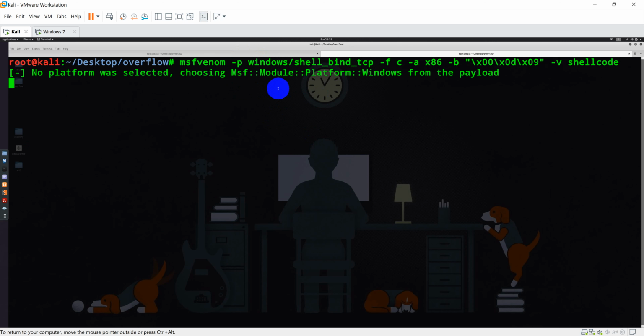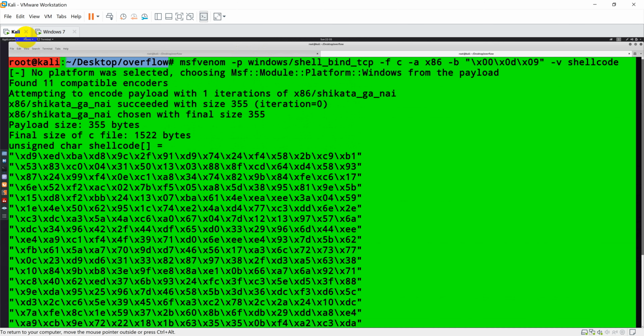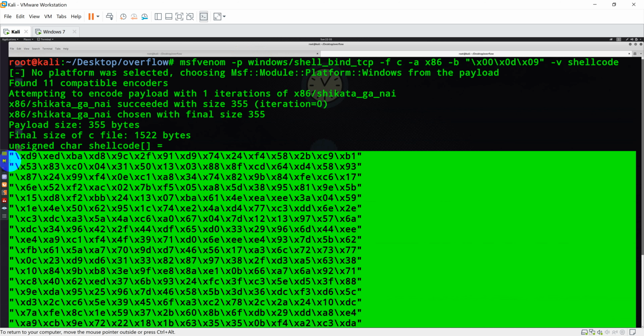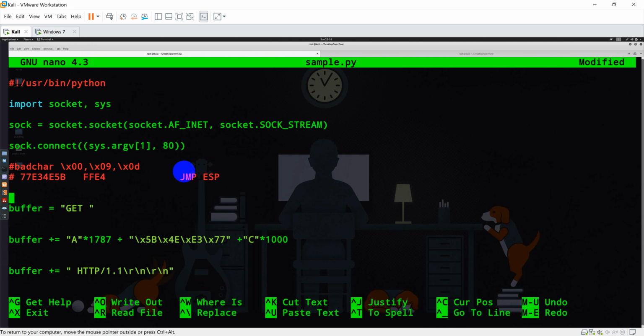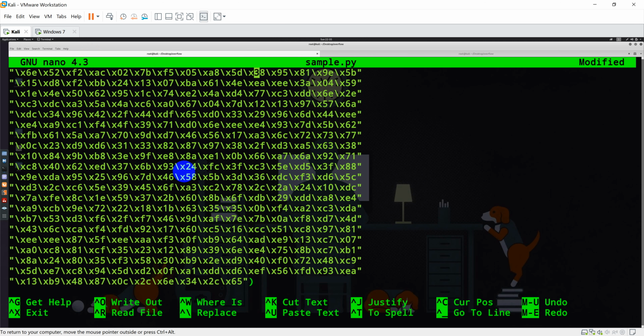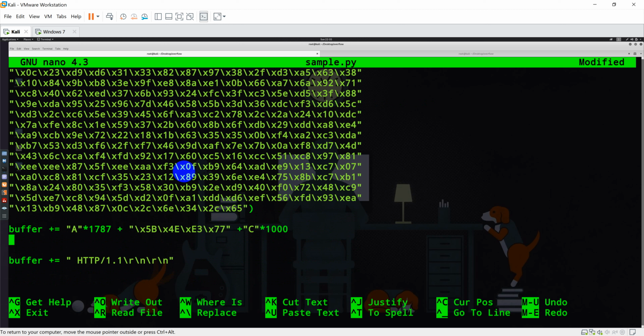So we will see how we can place this particular shell code which I generated. Instead of sending 1000 C's, we will be sending this particular shell code. Let me go ahead and copy it. I have just selected it, right click and copy. Now let's go here and make a variable. I'm naming this variable shellcode, and I will put it inside this bracket. Perfect. So now our shell code is ready, which doesn't contain the bad characters, and instead of sending C, we'll be sending our shell code.